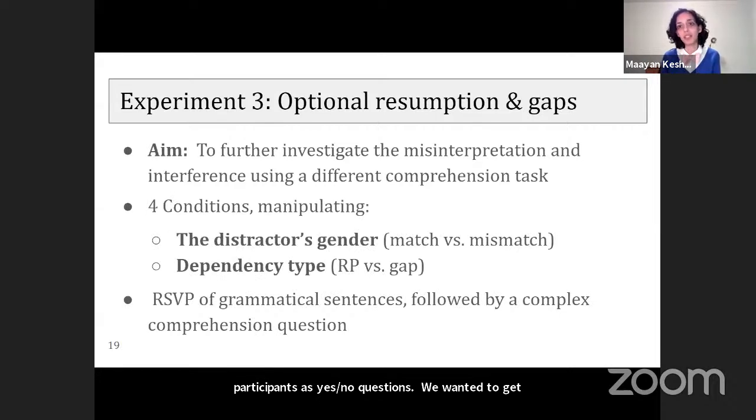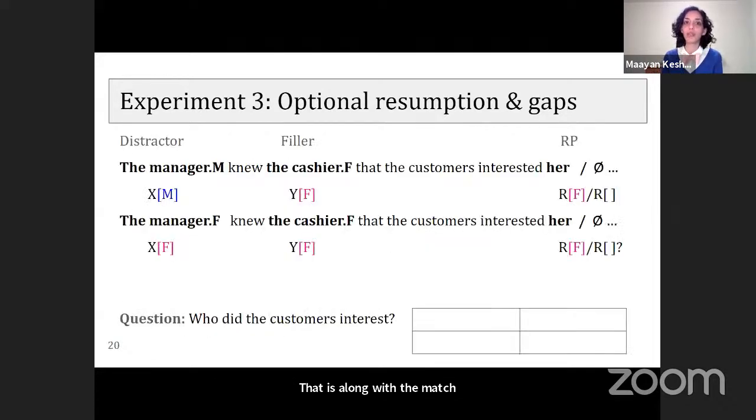So we used the same materials as in experiment 2, along with the match-mismatch manipulation and the retrieval site manipulation, but this time we asked different comprehension questions. We used questions that require a more detailed response. So instead of providing a noun for the participants and asking them to accept or reject it as the object of the relative clause, we now asked them who that object was and had them choose between 4 options: